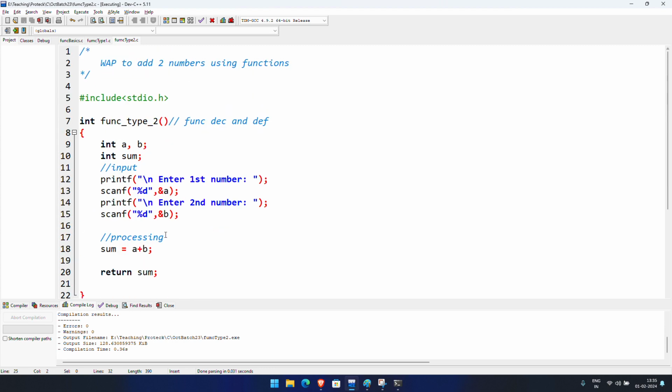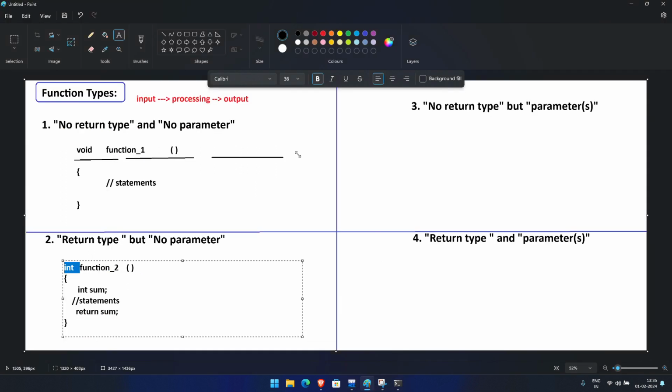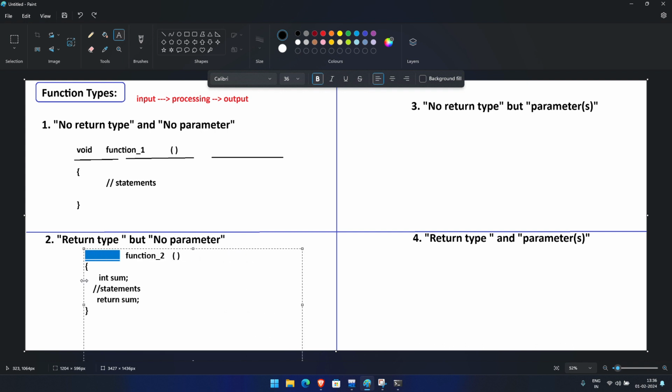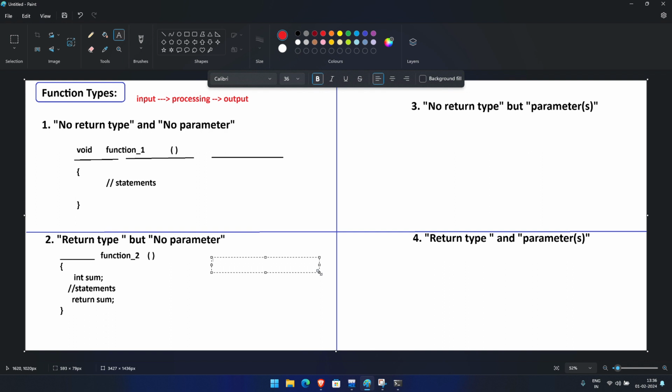Now one more thing you need to realize over here: we are just taking the input and the processing part over here. We are not taking the output part. So in programming, whenever you want to have input and processing only, and the output will be done somewhere else, you will have your input, you will have your processing, and there won't be any output printed, and you will say